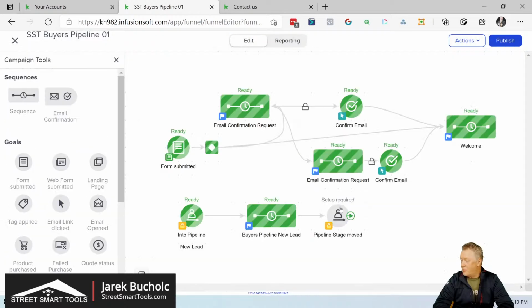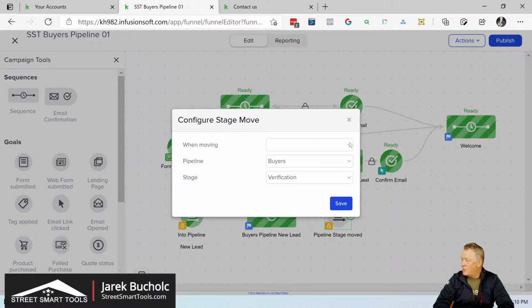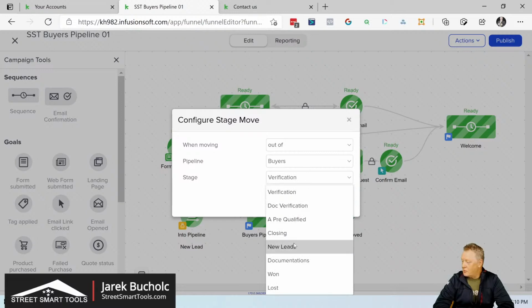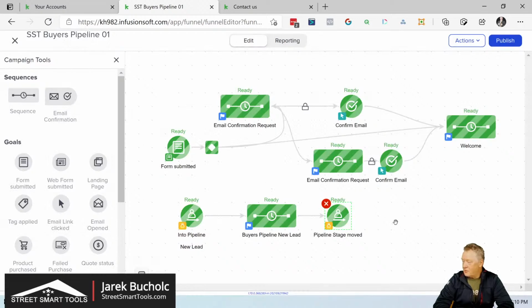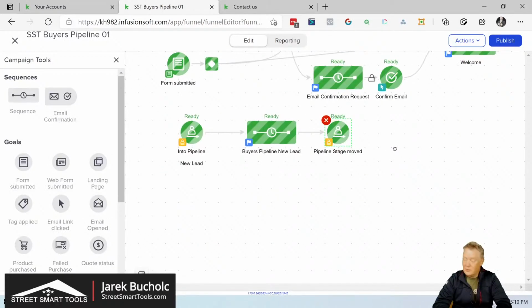Okay, so we have this pipeline. We have created the form, they apply, and they go into the pipeline, within this particular new lead pipeline. So when moving out of buyers, we have buyers and then new lead, and that will be happening. So now what I can do is,